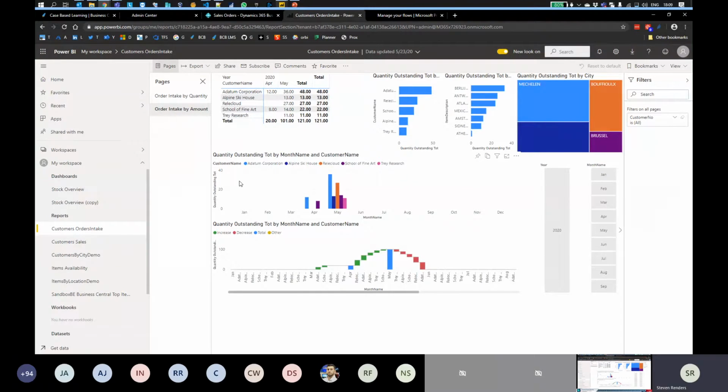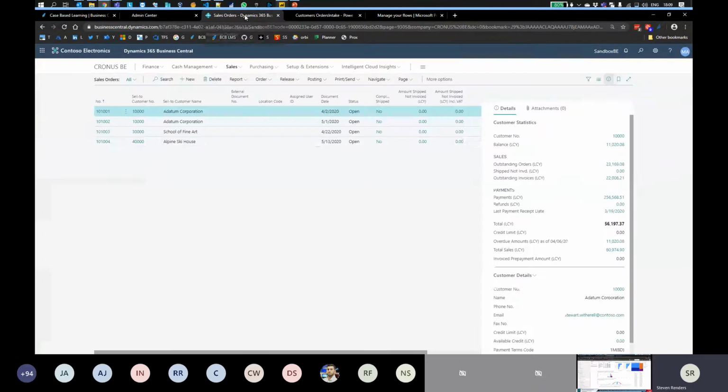Now, the report I have here is a very simple report based on the Business Central demo data, and it's called the order intake. So imagine you have a customer who would like to see the order intake and might be unaware of how to present it. Of course, the first question I would then ask is what do you mean with order intake? And in this very simple example, the customer told me, well, actually the order intake is whatever we have currently in